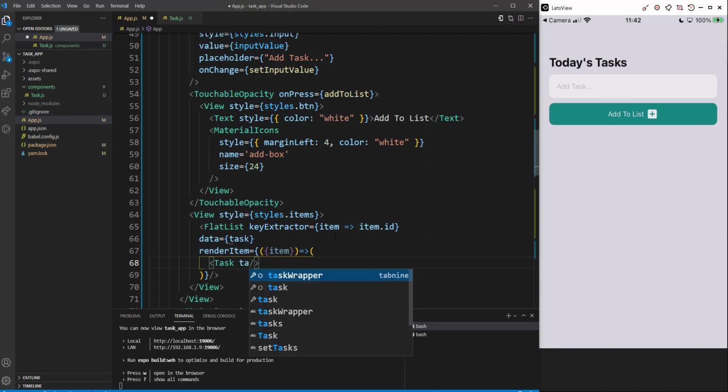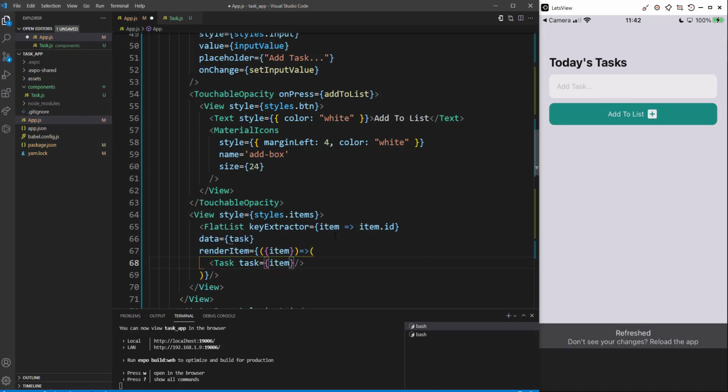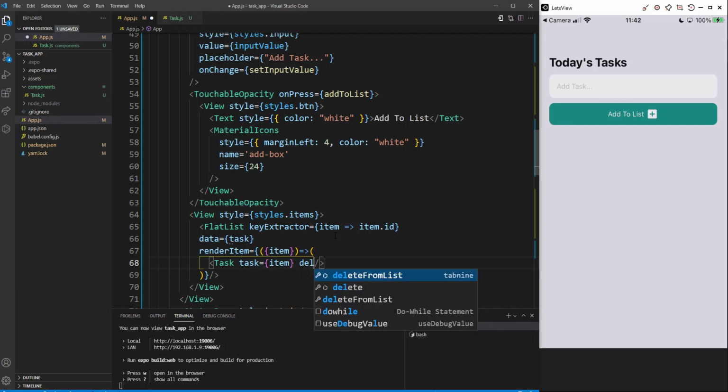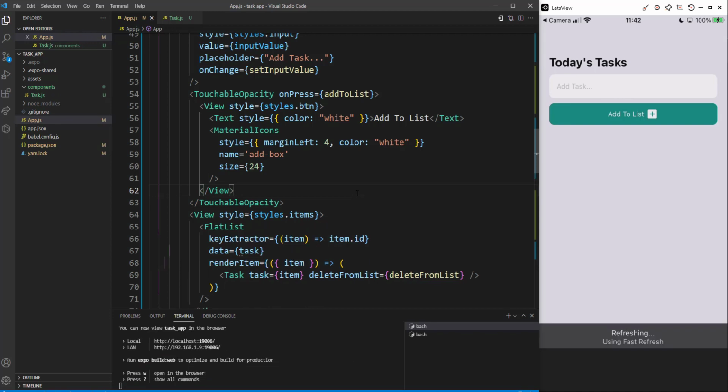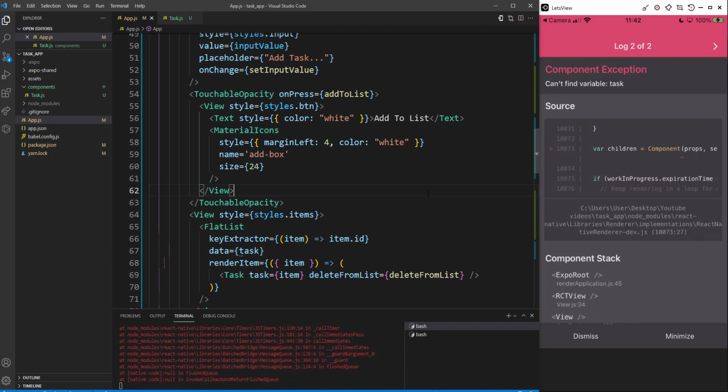So we're going to pass in a task prop, and that's going to be equal to the item. And we're going to pass in that delete function then as well. Delete from list is going to be equal to the delete from list. And that should be it. That should be everything. So we save that now. We'll just test out the app. Oh, we have a